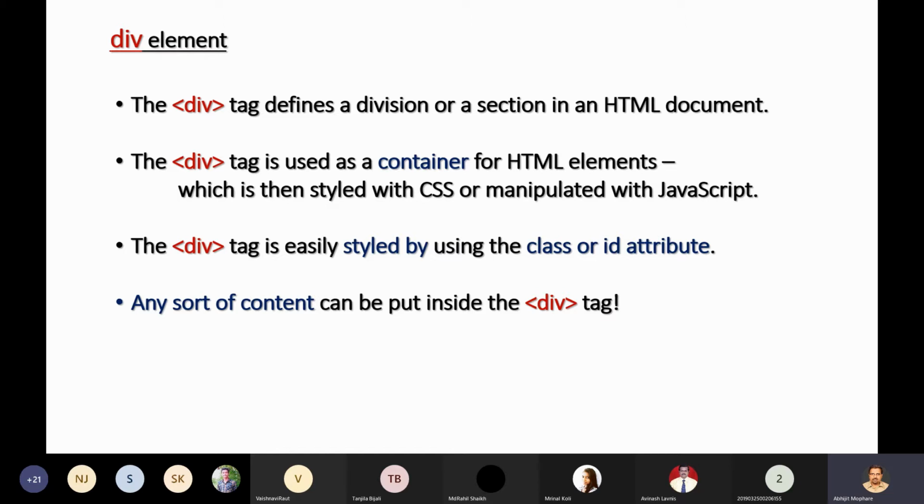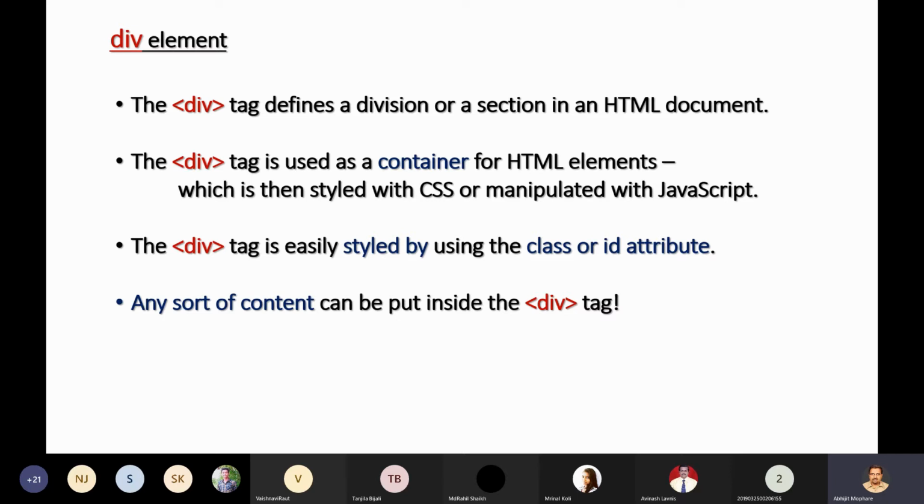See, for example, whenever you construct any building or a house, what happens? You don't build only the outer walls, right? You build a bedroom, a hall, a kitchen, several other rooms also. That means you divide the given layout of your house into different rooms or sections.